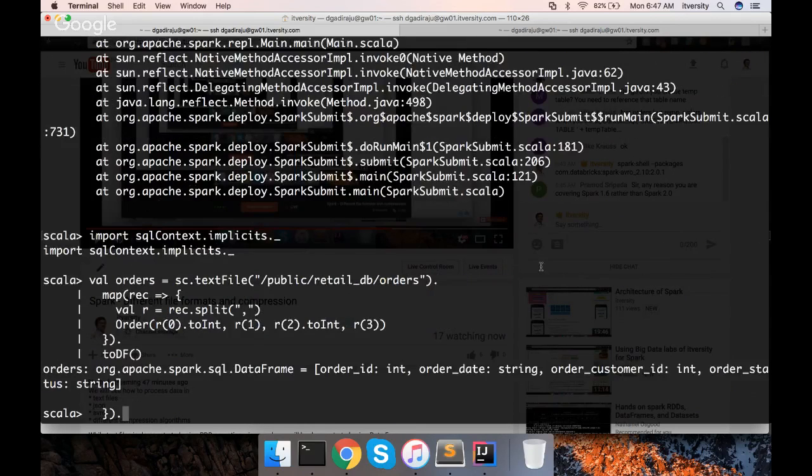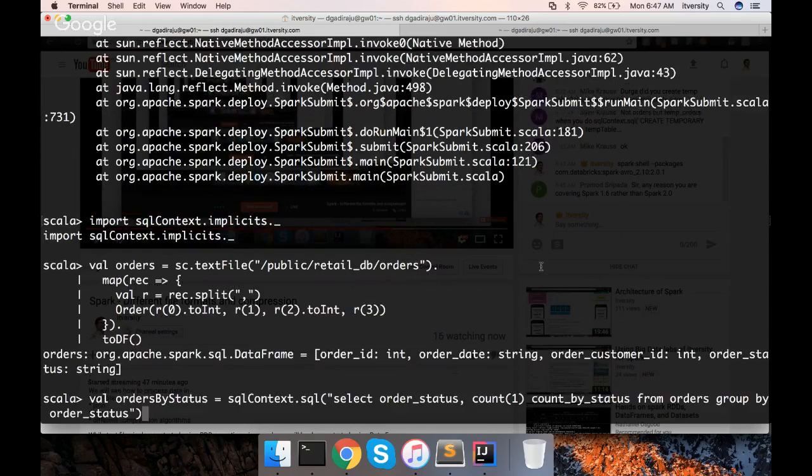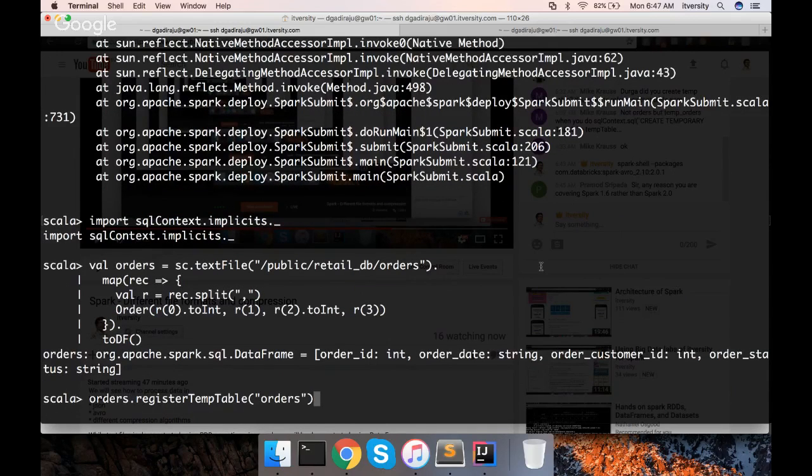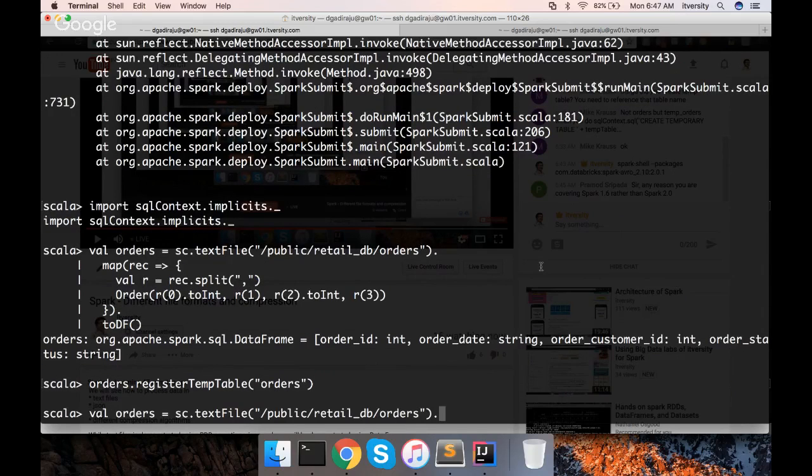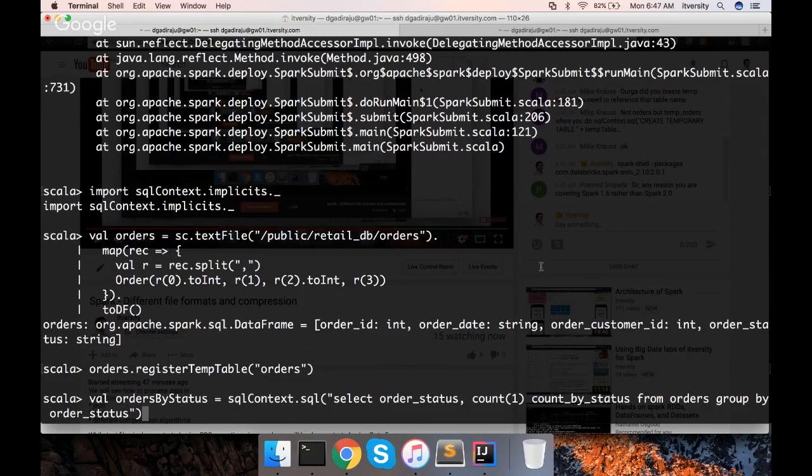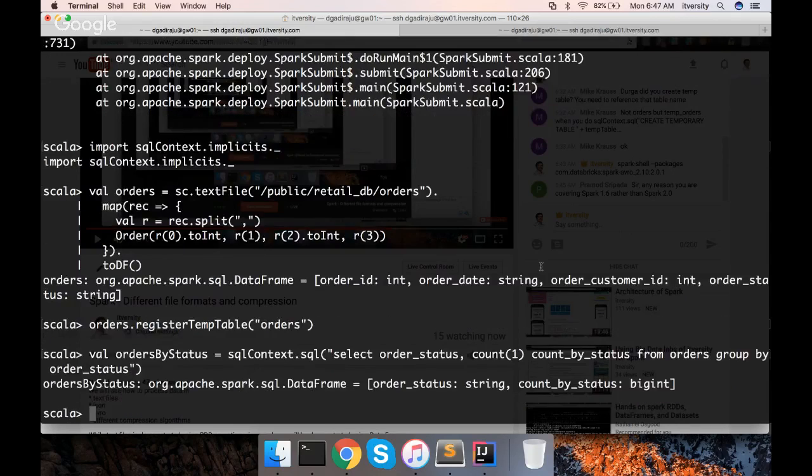And then let me register it as temp table again. And then let me, okay, I know what the issue is. So it doesn't matter whether you put brackets like this or not, but the main issue is you have to import implicits dot underscore, and then you can run your query.